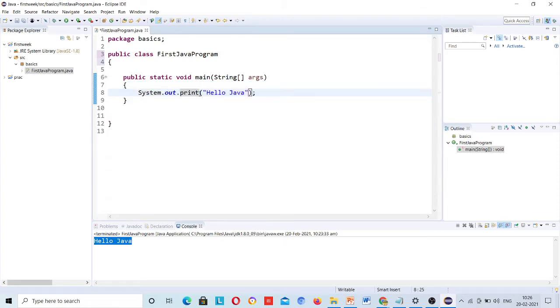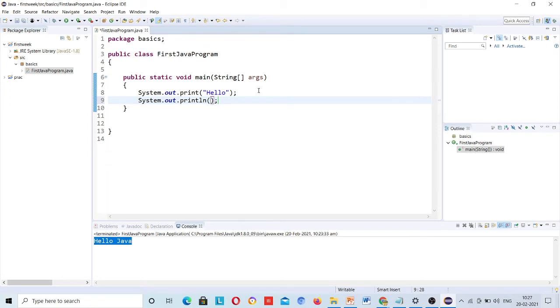If you use ln here, it means line break. Line break means something will come after the line break. See, after this hello, if I just print this. And then I used another shortcut, sysout, then Ctrl+Space, it will write the whole thing.